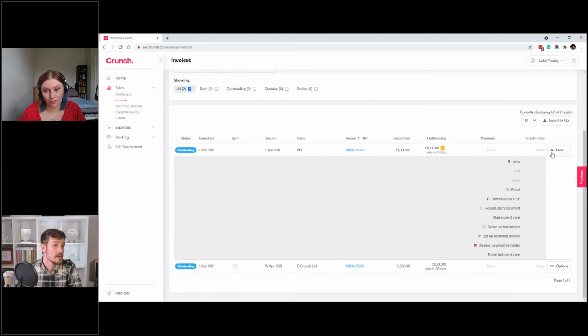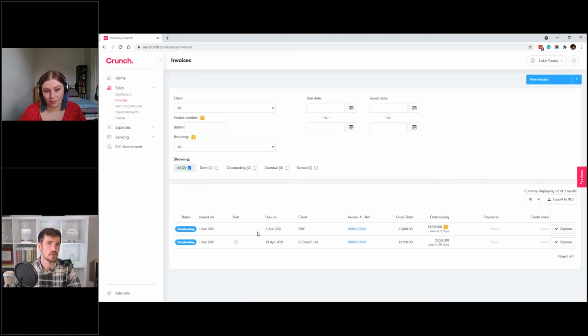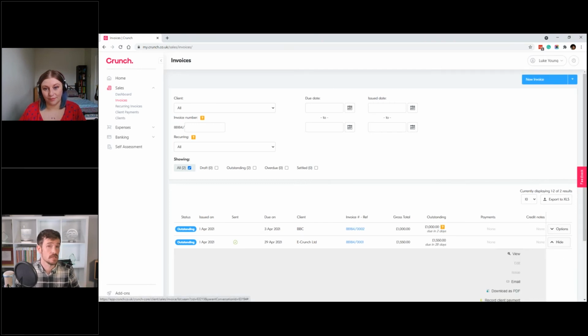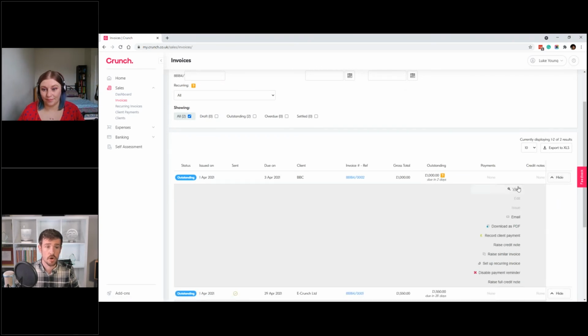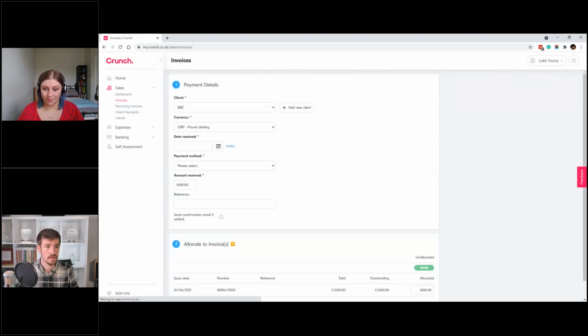But as Kate said, the only thing it won't do is automatically mark that you've received payment for it. That is something that, once you do get the payment for it, you'll come back to this area here. In fact, on any invoice that you receive payment for, you come back to this area and use the options menu on the relevant invoice in question, and then you just go to record client payment. So you press that,